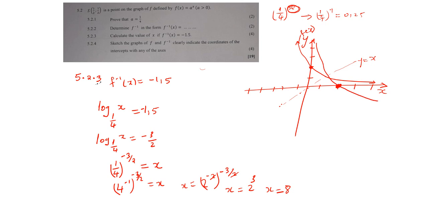This will be the graph. This will be the inverse. This is the inverse function. So this will be 1 and 0, and then this one here will be 0 and 1. So this is the graph. Now